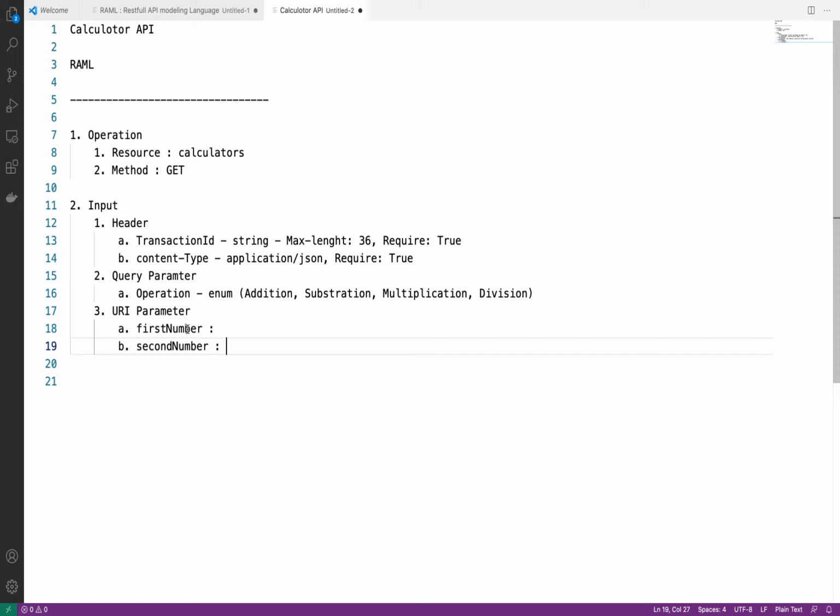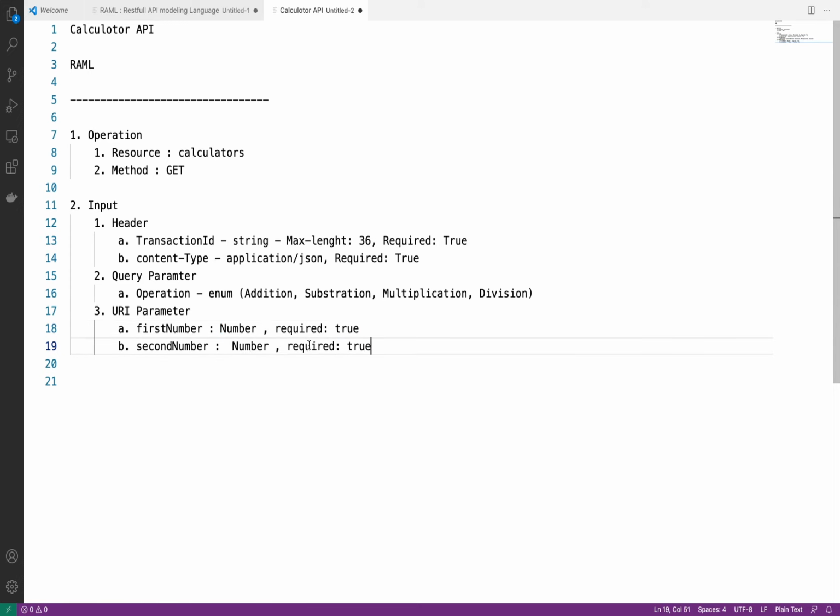Now what will be the underlying data type of the first number and the second number? For this also it will be number, and required will be true. Here also it should be required. Same we will have for the second number.